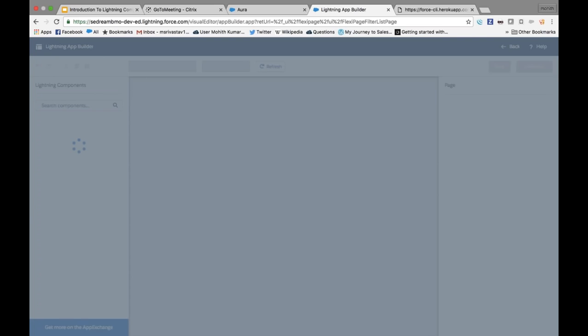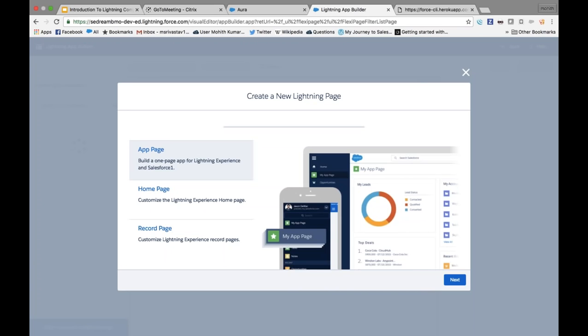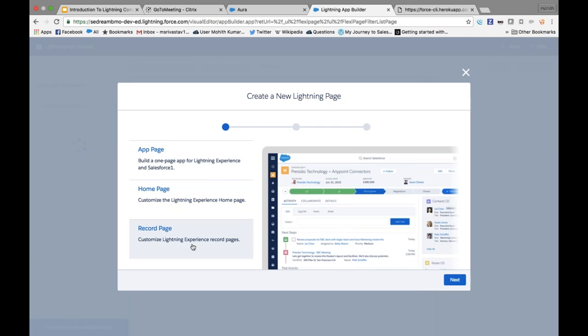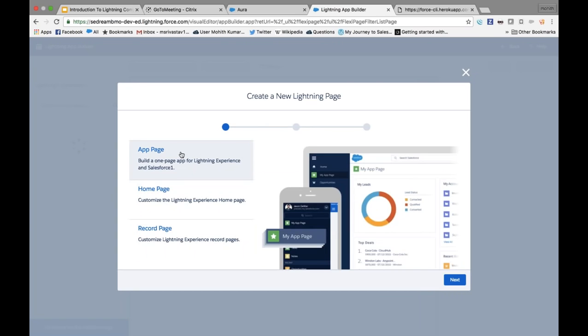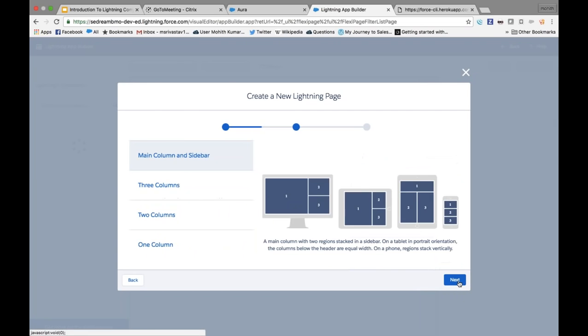So let's say you open Lightning App Builder, and then you have the opportunity to put your component on different things. For example, you want to put it on the home page of the Lightning experience, or make it a record-specific page. For example, if you want an opportunity page in the Lightning view, you can definitely attach that, or on the home page or on the app page. So let's build a simple app page, or an SF app page. I'll say okay,